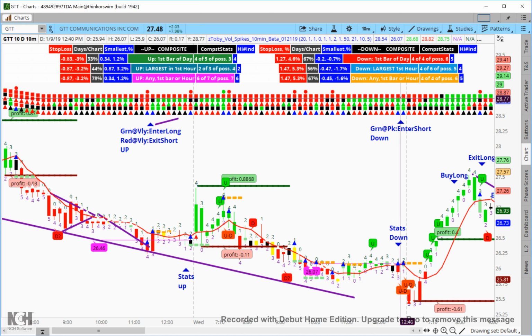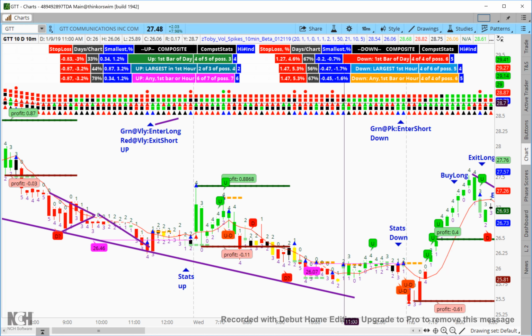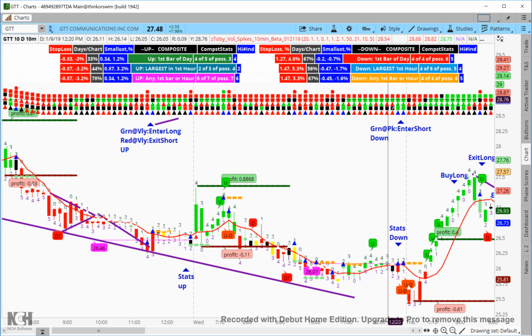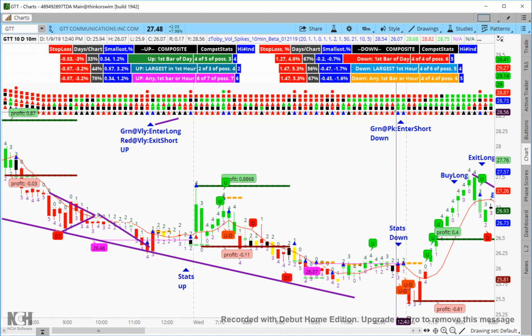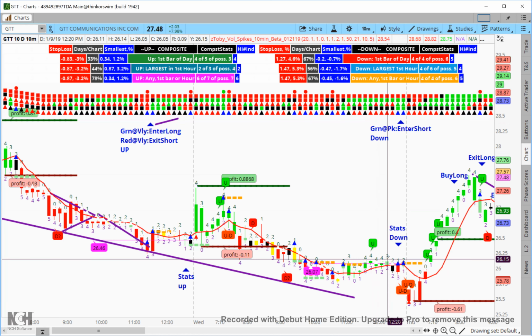But it would say that a valley's been reached here, and then it's going up towards a peak. So by the time we get to the end here, are we considered a peak or not? I know it's been going up, but the volume here is red ones, and it's going up and up and up,